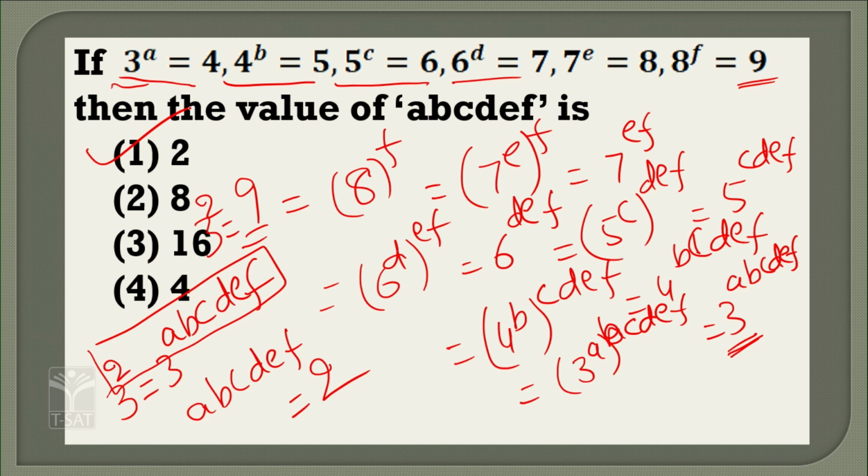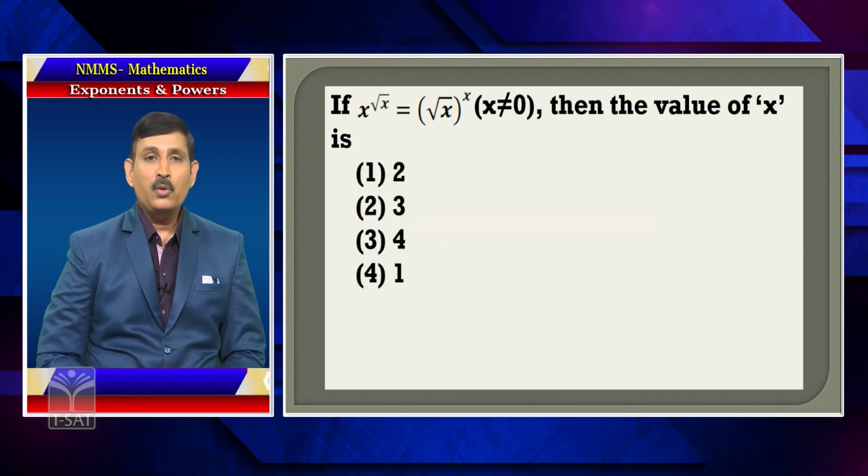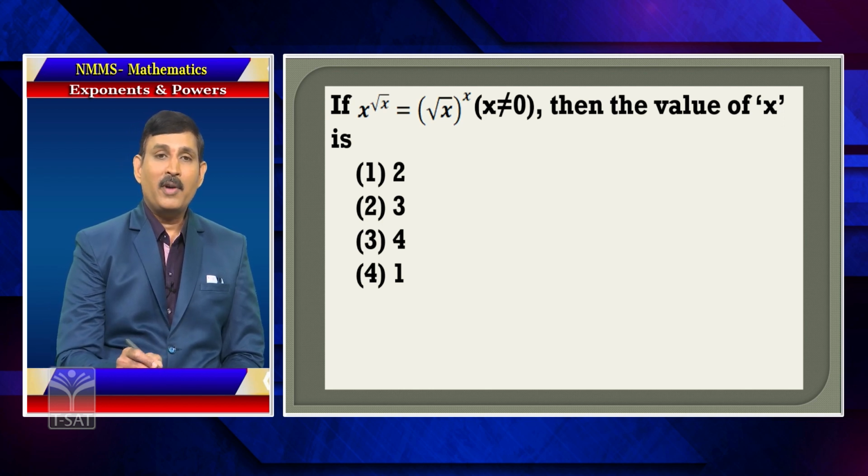Okay, so this is the way in which you can solve this problem very easily. Okay, here x power root x is equal to root x whole power x. Of course here the condition is x is not equal to 0. Then what is the value of x? Here again this is a typical problem, but here also you have to make use of the idea of bases are equal, equate powers. So x power root x